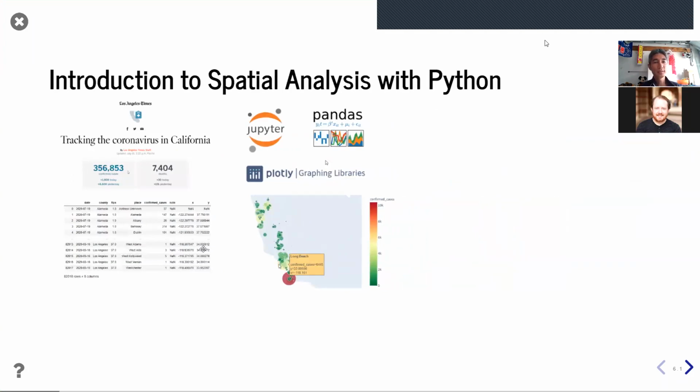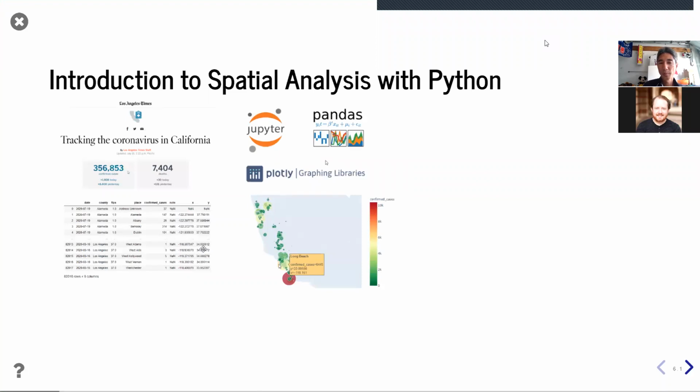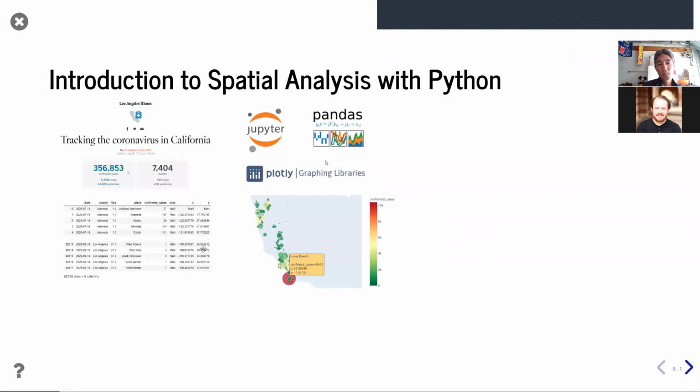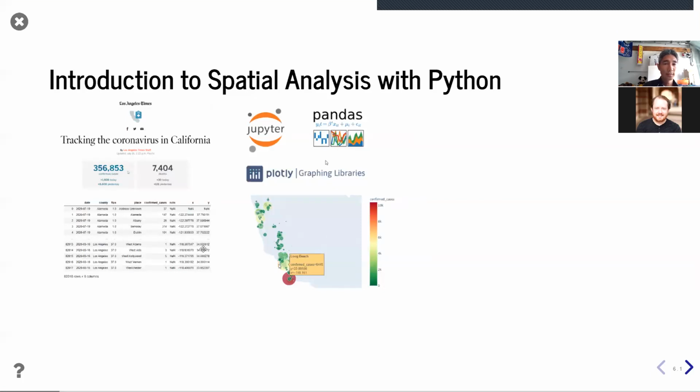Once again, welcome to the Introduction to Spatial Analysis with Python. This graphic here kind of represents what we're going to be covering today. It's going to be a very new approach to spatial thinking. I typically have not used data science as my approach in the past, so this is new to me as well. And I'm very excited to have this new approach of thinking about GIS, spatial research, through the